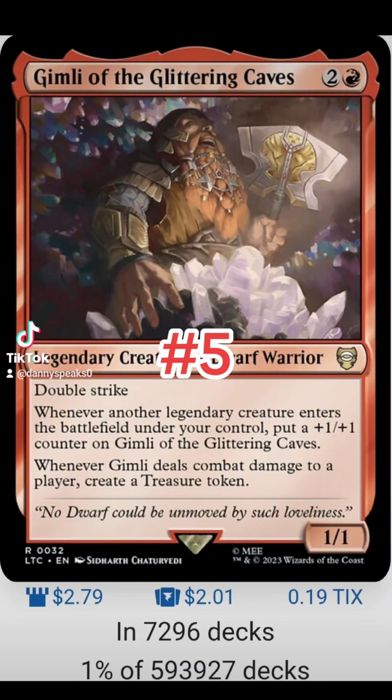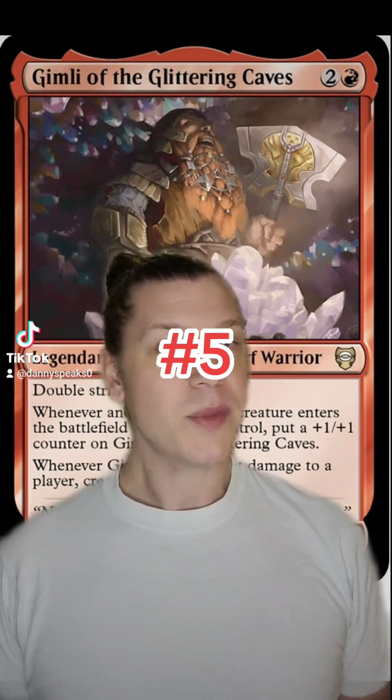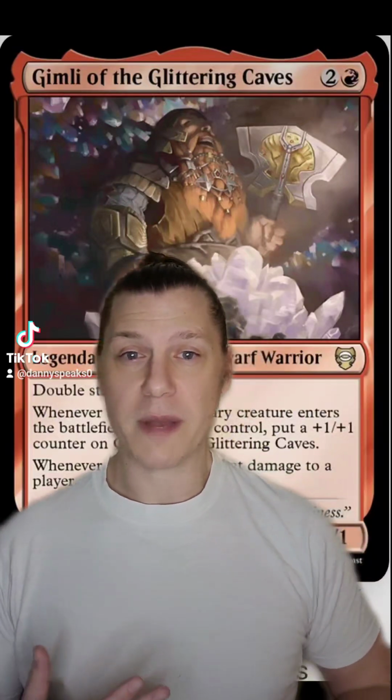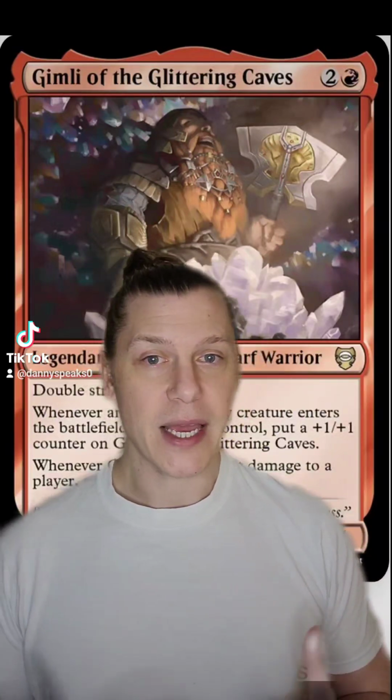For 2 and a red, we get a 1/1 legendary creature dwarf warrior with double strike. Whenever another legendary creature enters the battlefield under your control, put a +1/+1 counter on Gimli of the Glittering Caves. Whenever Gimli deals combat damage to a player, create a treasure token. Gimli is really interesting because he ends up being one of the better 3-mana dorks we've ever gotten, and what